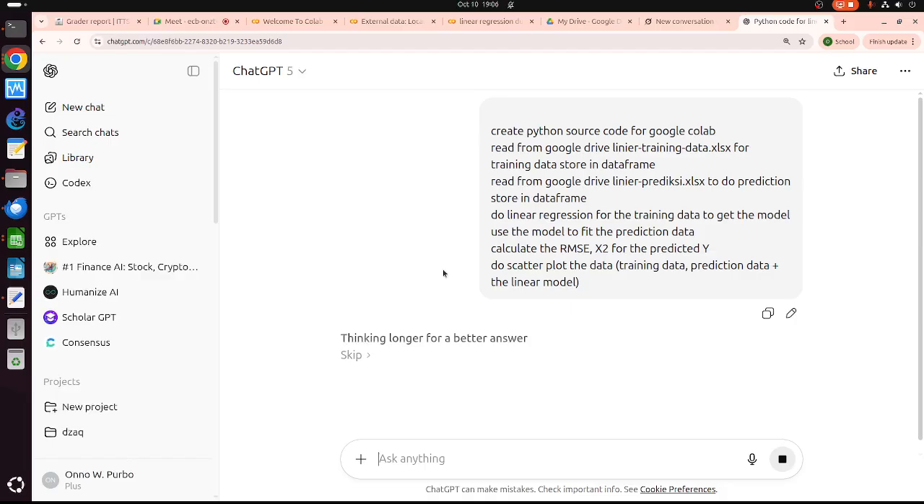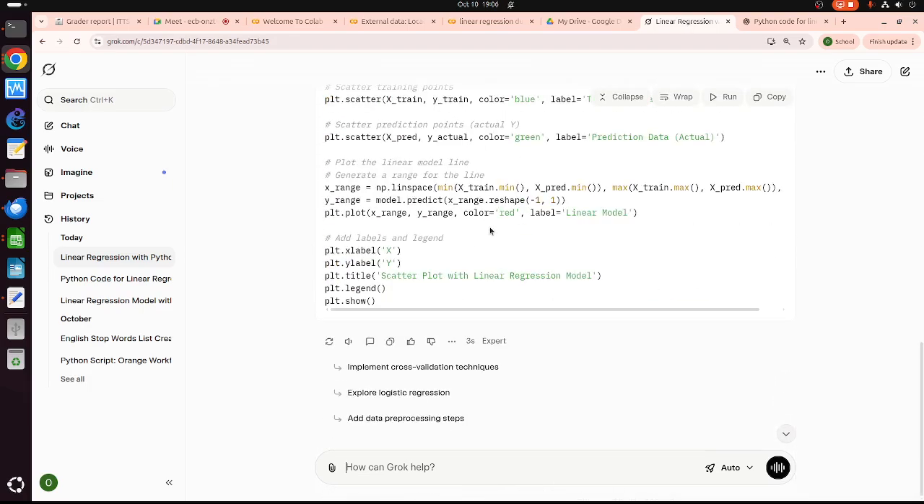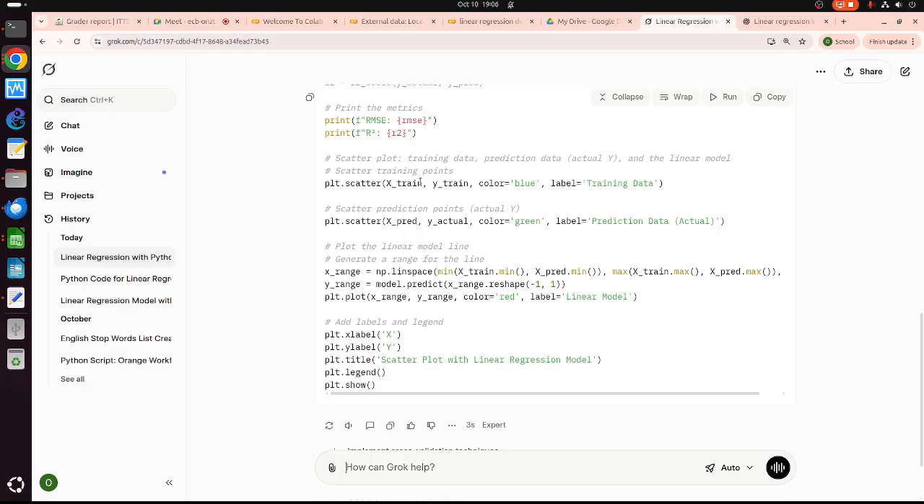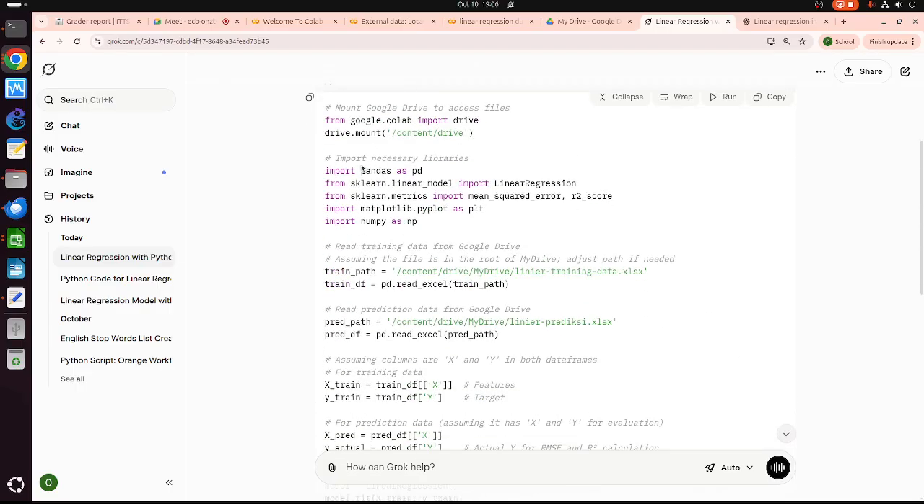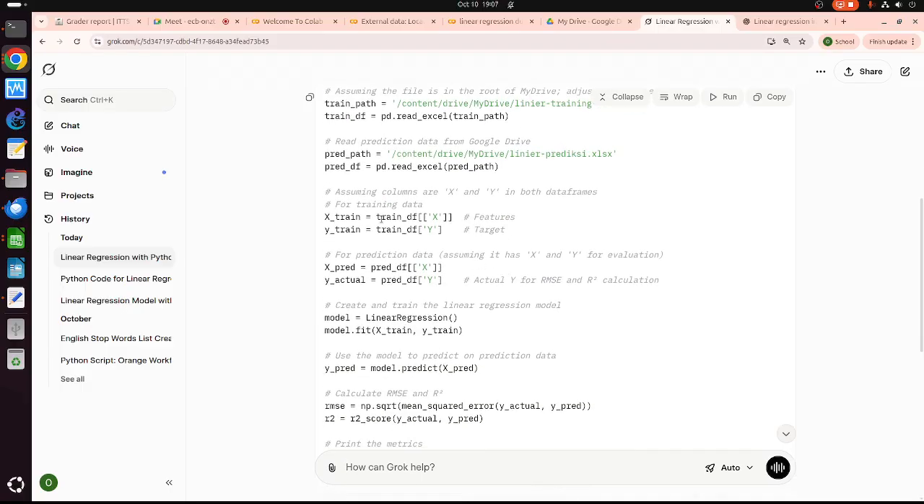Thinking longer for a better answer. Okay, take your time. Providing Python source code. How about this one? Okay, it already has the source code. Yeah. So we have two plots. This one is okay. Now we mount the drive and then read the Excel file. Okay, this one reads the Excel file and then